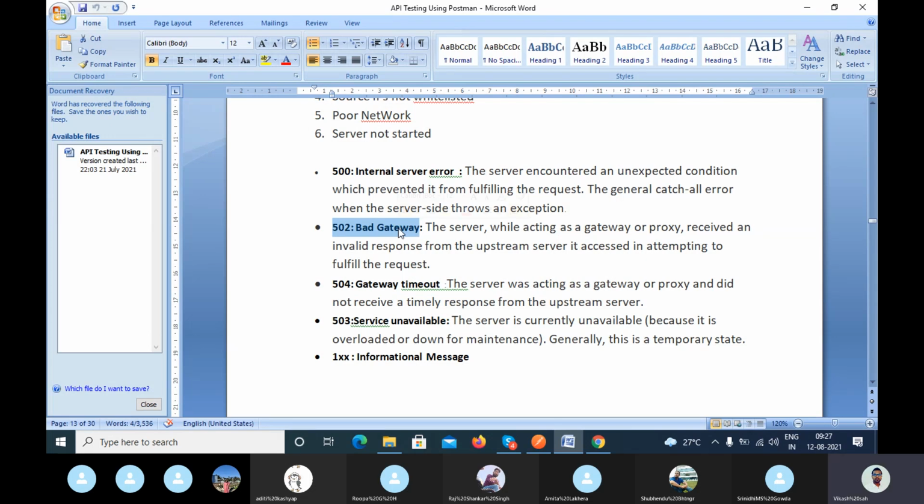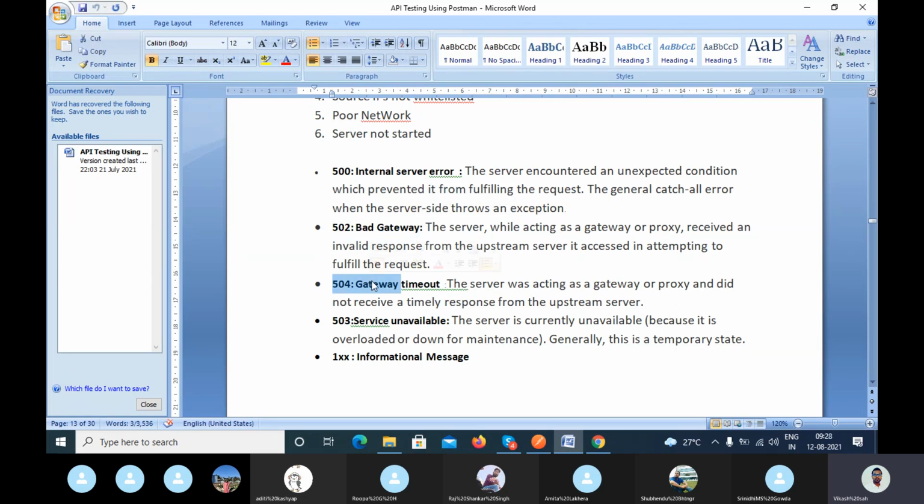Okay, I am not saying it will happen after applying 100 users or 200 users. Maybe you will not get it by applying a load of 100 or 200. You have to increase the load on the server to 400, 500, 1000, right? And at one point your server will not respond, or your server is responding but slowly. At that time you will get the 502 bad gateway. Okay, now